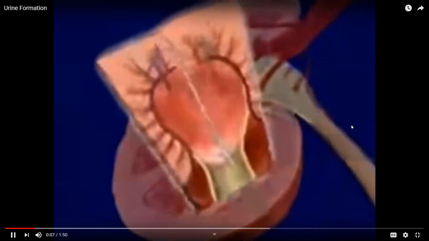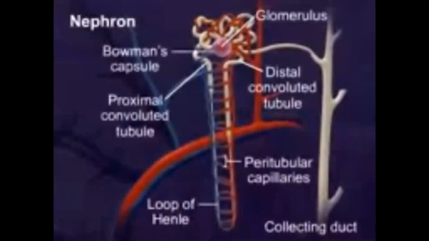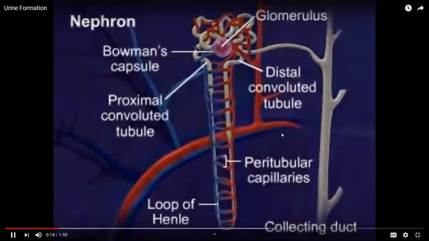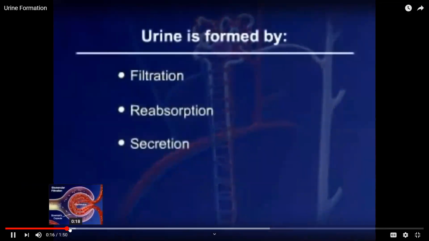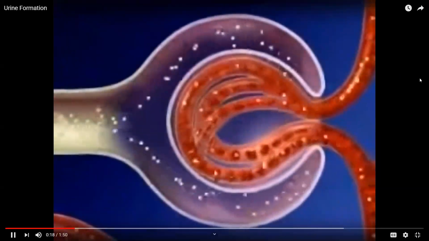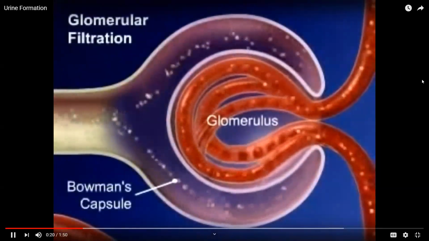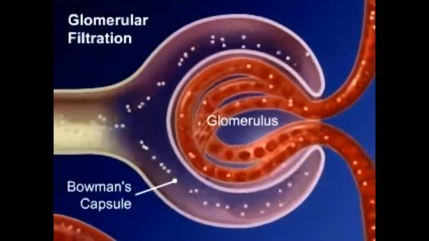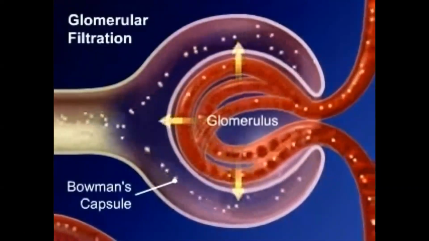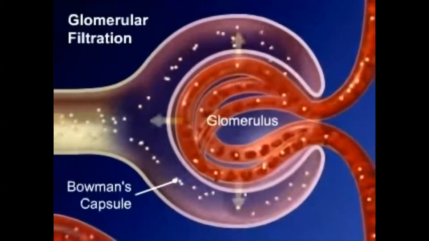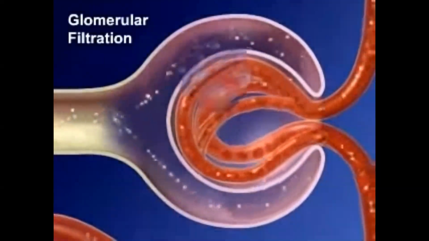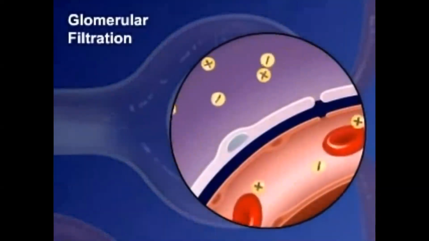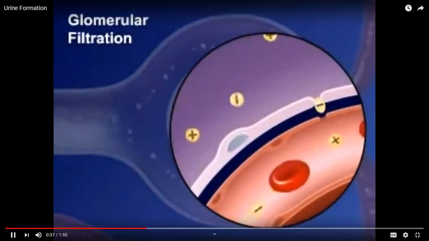Urine is formed by three processes in the nephron, the functional part of the kidney. In glomerular filtration, the glomerulus filters water and certain dissolved substances from the plasma of the blood. This results in increased blood pressure, which forces the plasma-like fluid from the blood into Bowman's capsule and then into the tubules. The fluid or filtrate includes many positive and negative ions of many elements. The filtrate does not